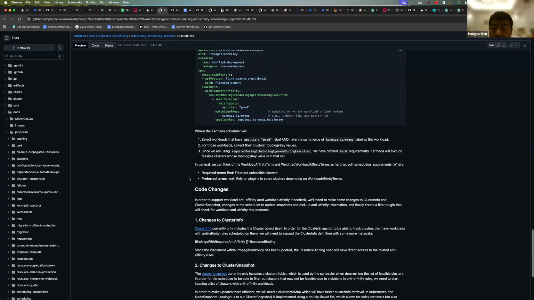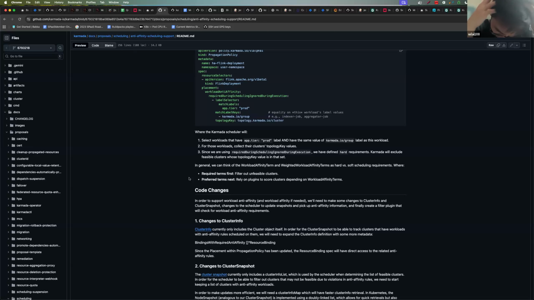Hey, Mihash, I'm curious, what's the clear difference between this and the spread constraints? Spread constraints will only work for an individual resource. For instance, if you're trying to spread replicas, like divided replicas across clusters, then that will work.